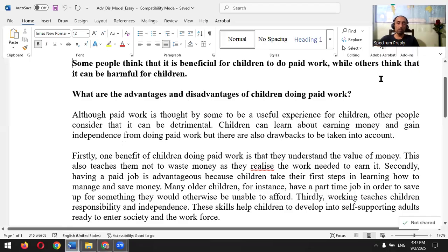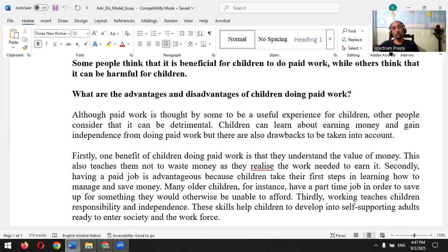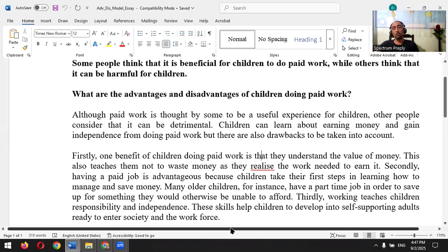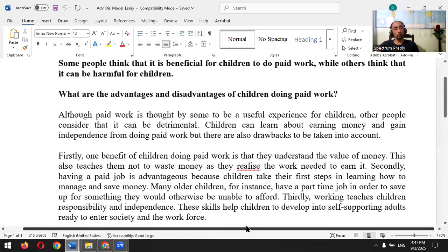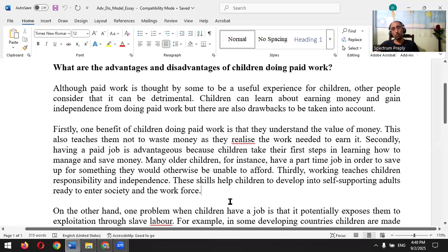In my previous video, I explained the differences in the introduction section of advantage-disadvantage and advantage-disadvantage-outweigh types of essays. Now we'll go into more detail and explain what we have to do once we've started writing. When you move to the first paragraph of both essays, you will see in the first type of essay